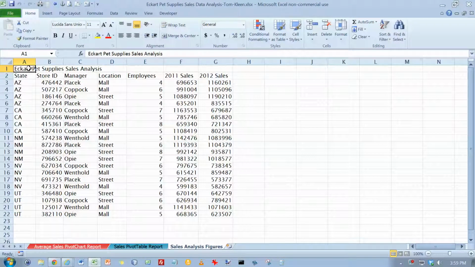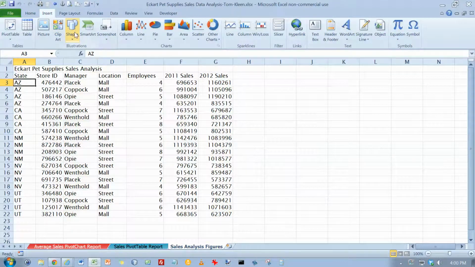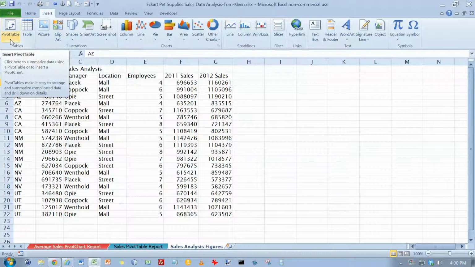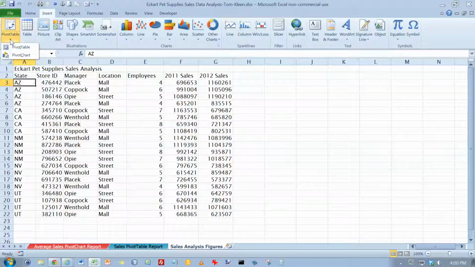We're now on page 530 in Chapter 8. At the bottom of the page, creating a pivot chart report directly from the data. We need to go to the sales analysis figures, which we're on right now. And we're going to insert, let's go to cell A3, so we're in the data first, and go to insert, and we want pivot table. Click the arrow this time, and do pivot chart,